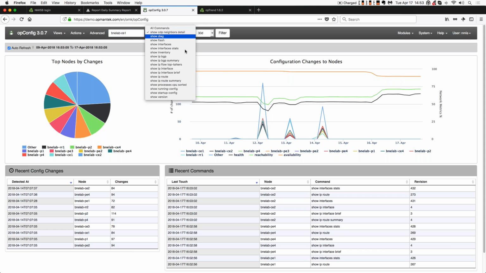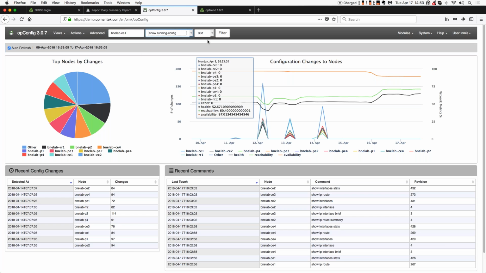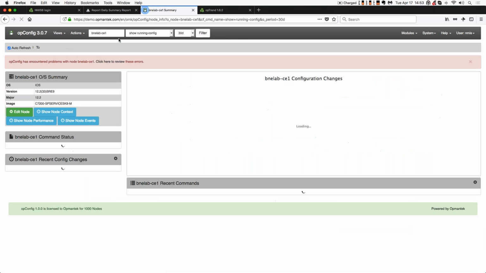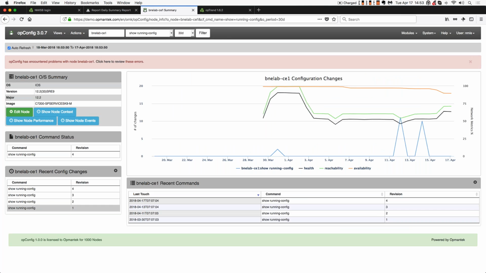And let's just look at running config. So this is going to pull back all the changes in this device. And you see in the bottom left-hand side that over the last 30 days, we've captured 4 different changes to the configuration of this device, just the show running config command. And if I drill into one of those,